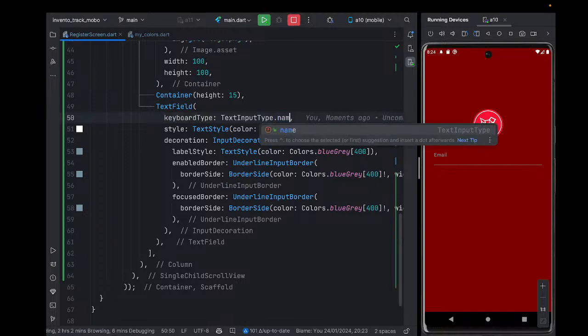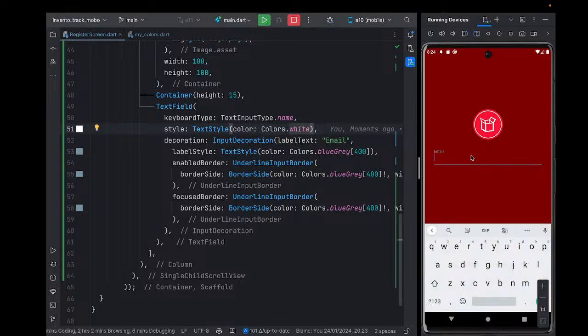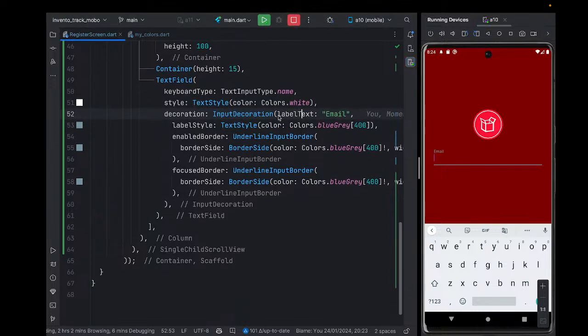So I can put here maybe name, and then we put a style of this text field, which is text style, and then I make the color to be white. So when someone will be typing here, the text will be white. And then I put the decoration, and in this input decoration I go ahead and pass the email. So I pass the email, and then I pass the